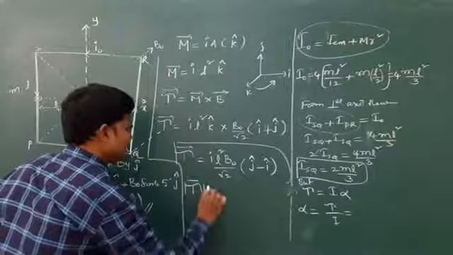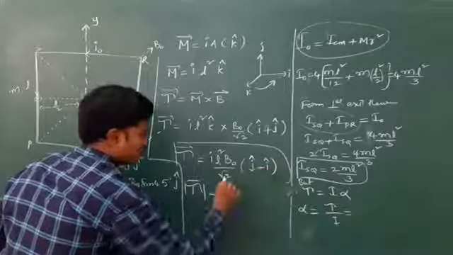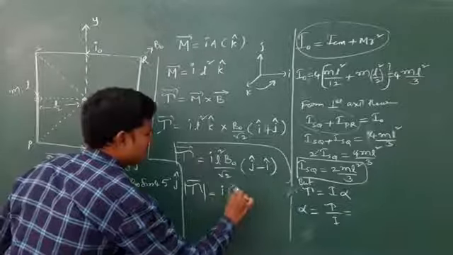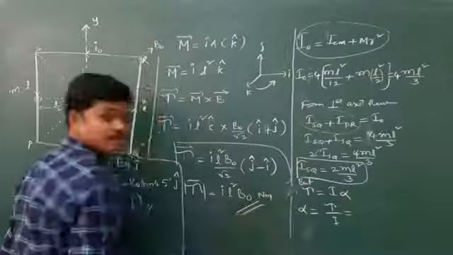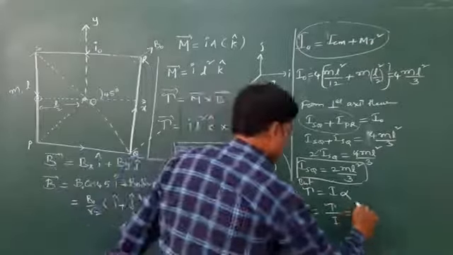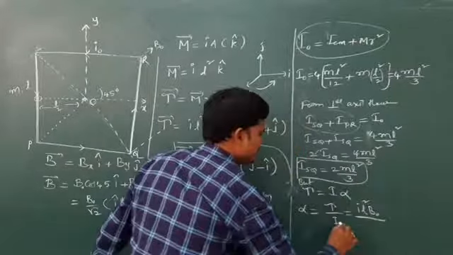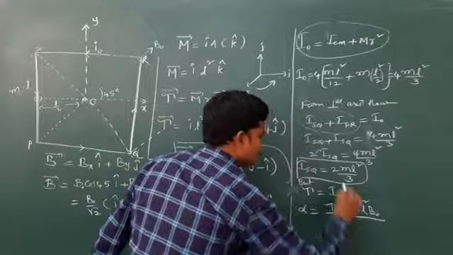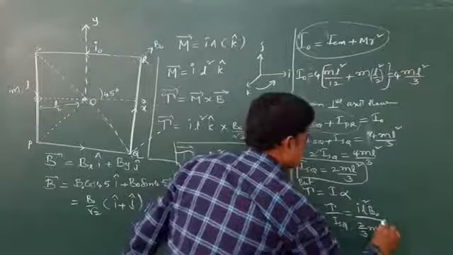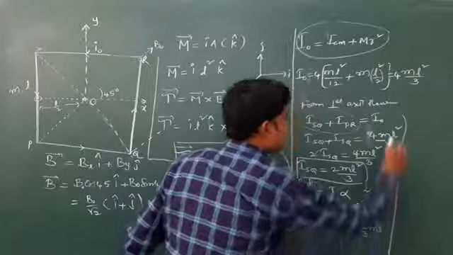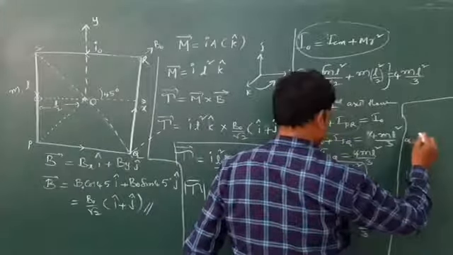Tau we can write it as root 1 square plus 1 square, root 2 cancelled, I L square B naught Newton meter. So this can be written as I L square B naught. Moment of inertia about SQ is 2 by 3 m L square. So finally, alpha I got it as